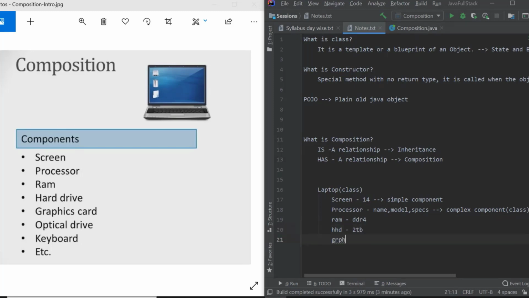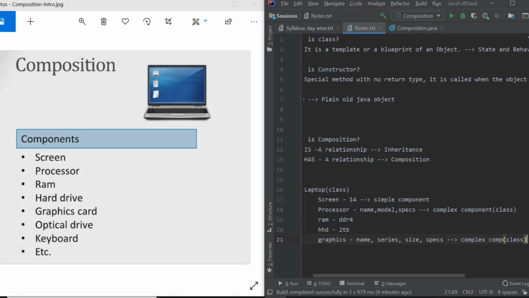Graphics, again, will have a name, some series, and a size. This graphic card has many specs, so it is again a complex component, which means it is again a class.